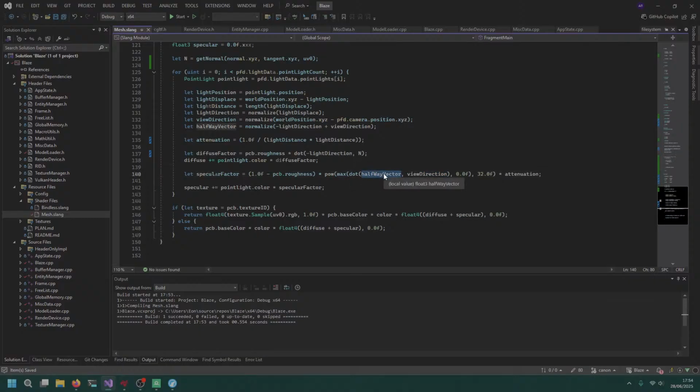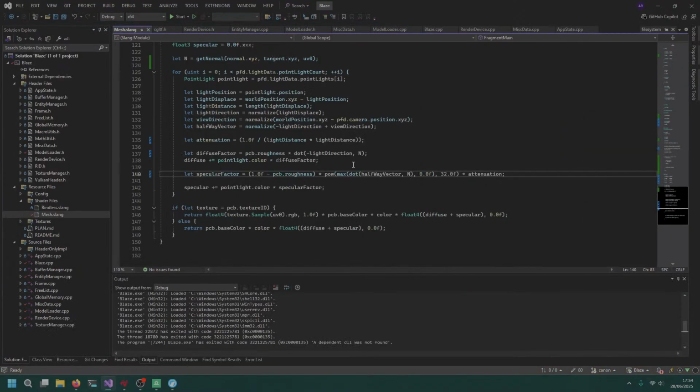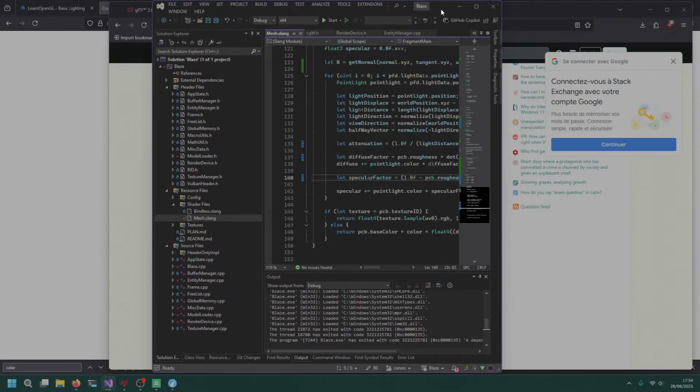And halfway vector, view direction. That's actually wrong. It's not halfway vector with view direction, it's halfway vector with normal. Okay, weird solution. Start. Of course, because we've been only modifying the